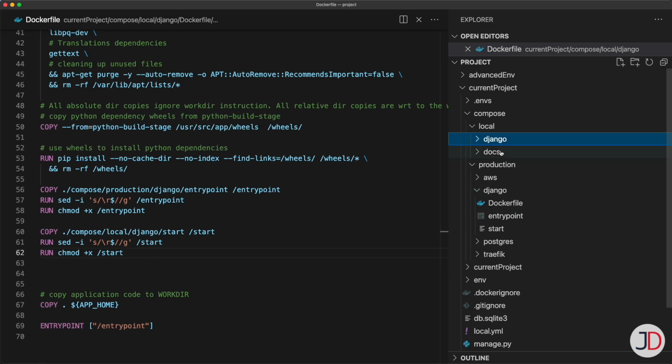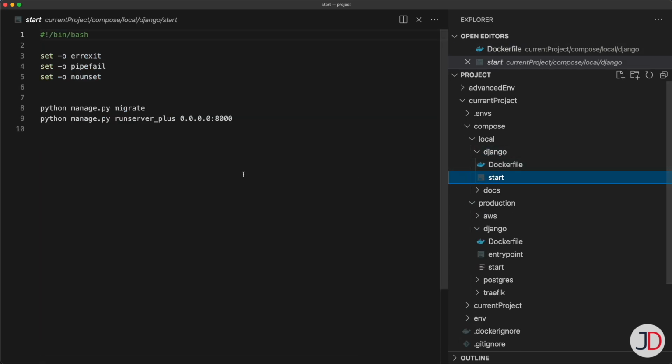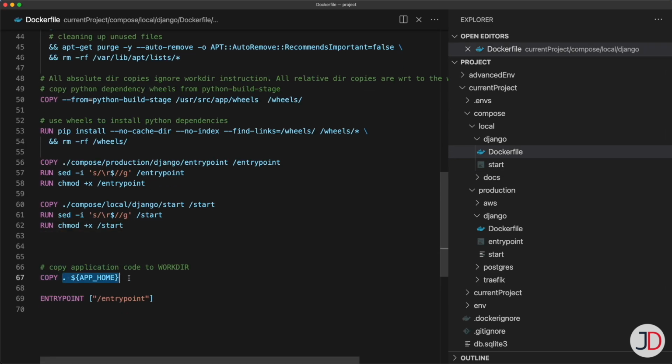If we take a look at the start command, it's inside the local Django folder, and this is what we're used to seeing when we work with Django. We have a migrate command, and then there's this runserver_plus, which in our case we can actually just change to runserver because we don't have the runserver_plus package installed, or the package that gives us that functionality. So we're just going to go with runserver, and then right at the end we copy dot, which means copy everything over, and we set the entrypoint for the container, which is entrypoint